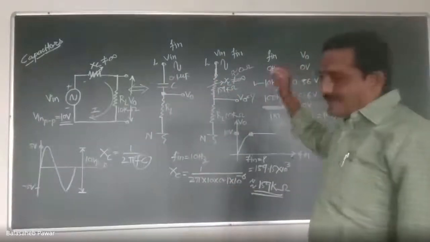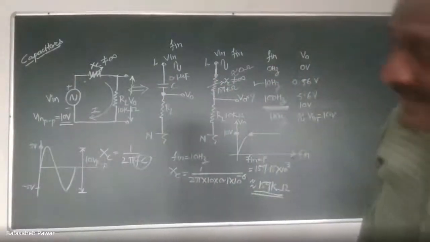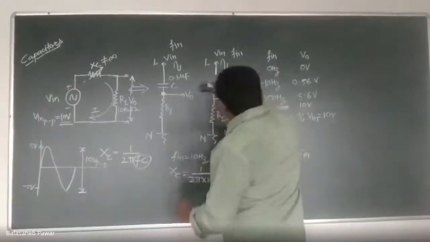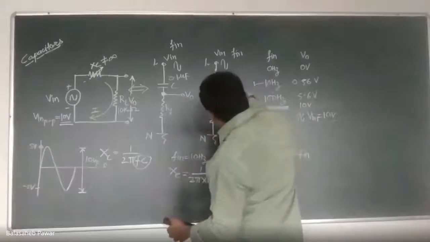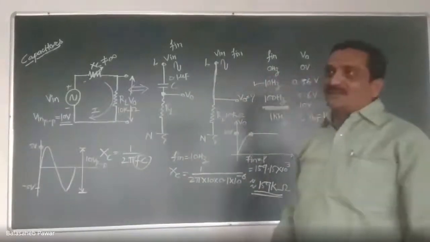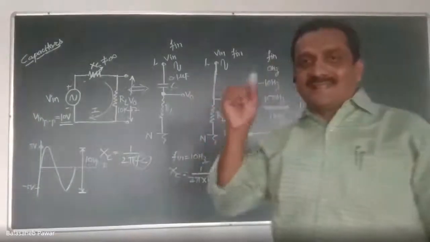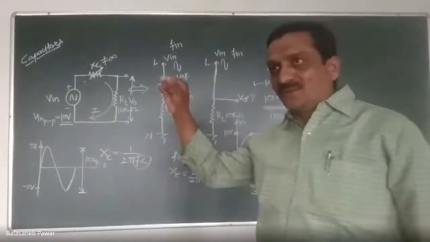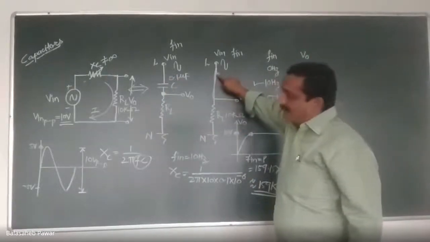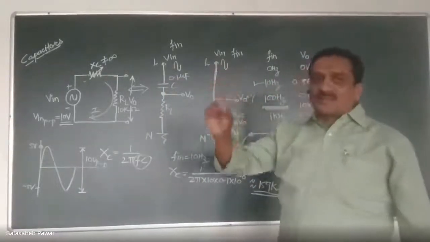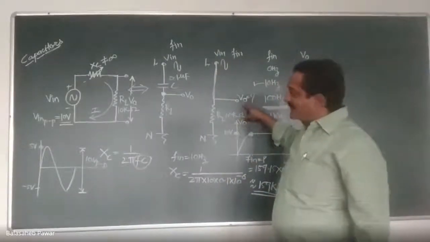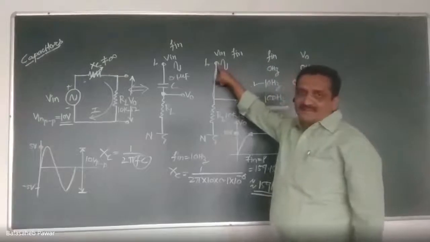Now remember, for that particular frequency, if Xc becomes negligible, that means we can consider this path as a zero resistive path. Yes or no? At a particular frequency, that Xc will be approximately equal to 0 ohm. That means the capacitor will act purely as a short circuit path, and hence the obtained output voltage will be equal to how much? That is nothing but the input. Is it clear?